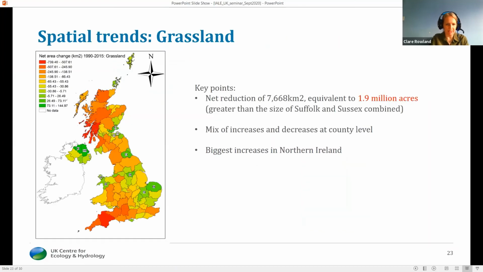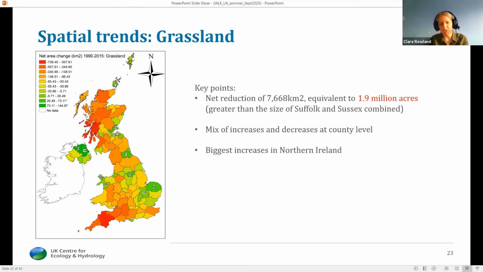Again, because our data is spatial, we can look at it spatially. So what this shows is the spatial trends. This is at county level, and we're looking at a map of net grassland change here. Sorry, some of this has gone off the slide slightly. The key thing we see with grassland is this big reduction by almost 2 million acres between 1990 and